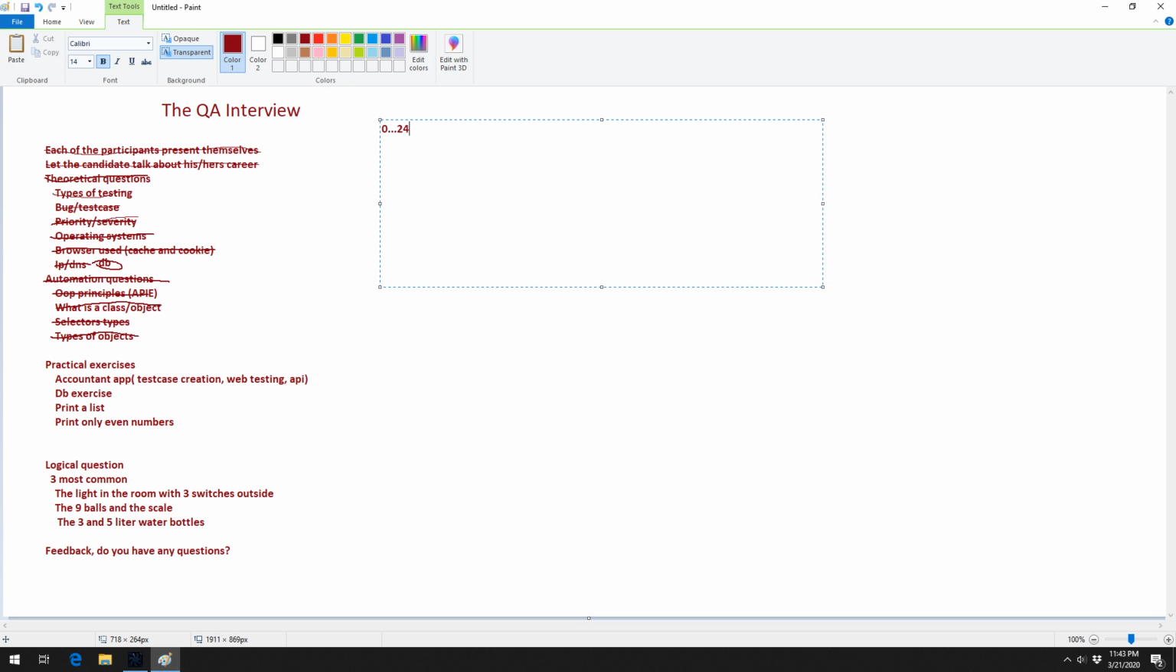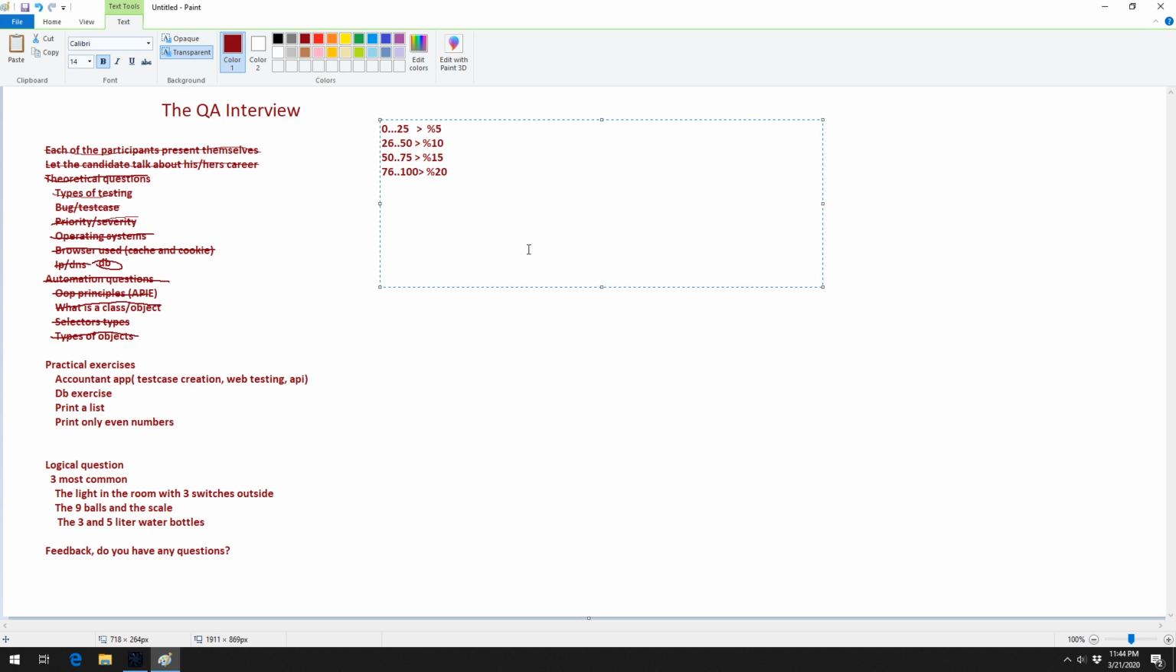We have some intervals, and depending on the value the input gets, we get a 5% increase. Then you have 26 to 50, we get 10%. Then we get 50 to 75, we get 15%, and 76 to 100, you get